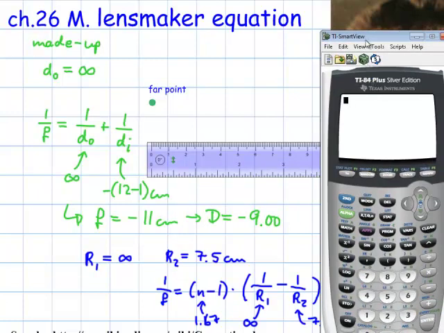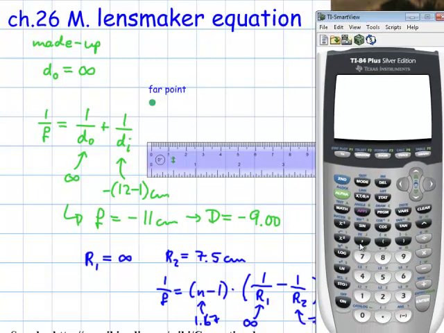So that would be parentheses 1.67 minus 1, index of refraction minus 1, times parentheses 1 divided by a very large number, let's say divided by 111,000, minus 1 divided by 7.5, the one that I measured and calculated, close parentheses, close another parentheses, invert again in order to get the focal length, and I come up with negative 11 rounded,